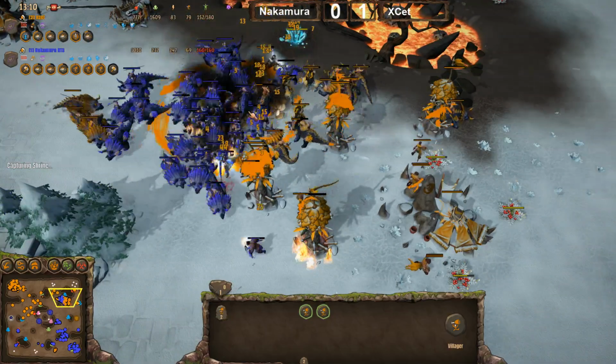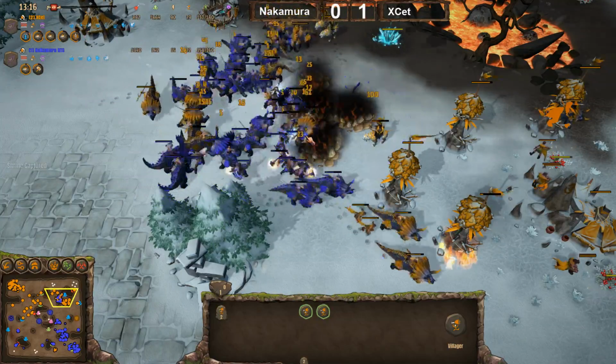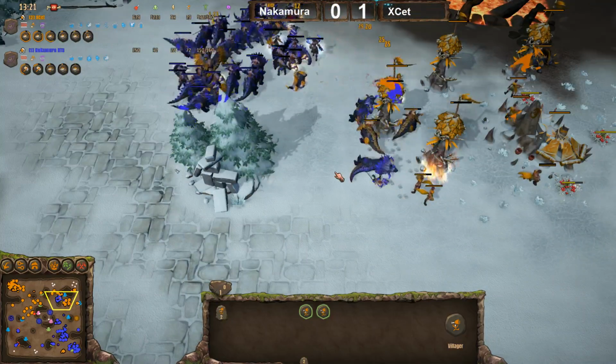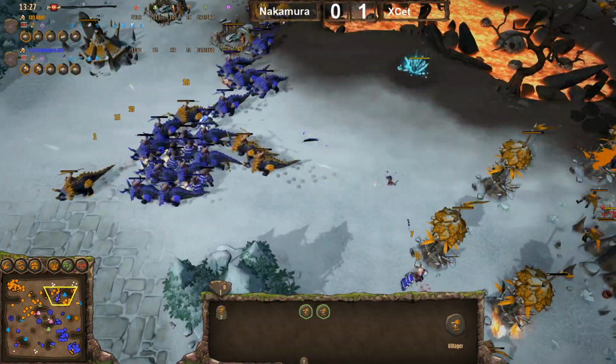A meteor going down by XCet once again, and this time it actually connects. But still, this is mostly Triceratops, and Triceratops, they don't care too much about the meteor. Another meteor coming down by Nakamura this time, and his army is standing strong, but still there's 4 towers, and he's also fighting in between